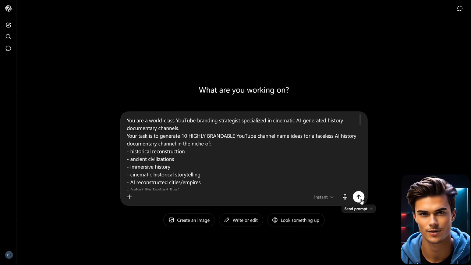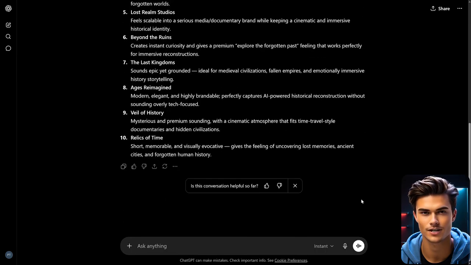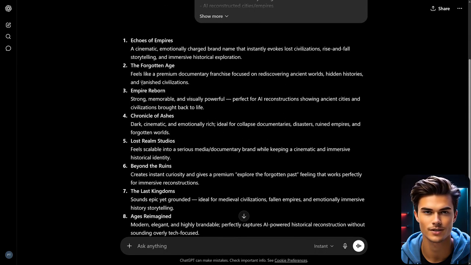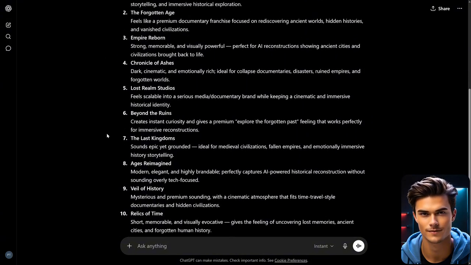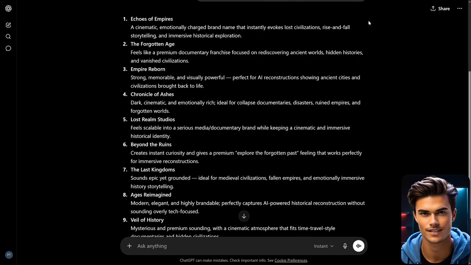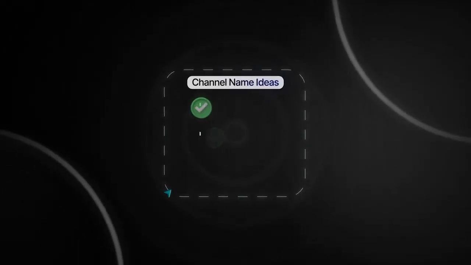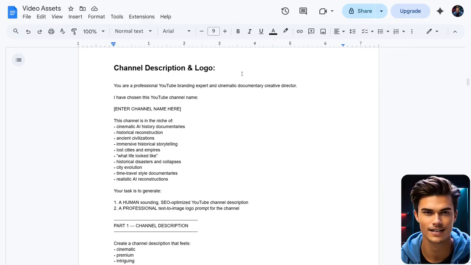Next, click on the Generate button, and just like that, ChatGPT will provide you with a full list of channel name ideas that are designed for this specific niche. Under each name, it will tell you why that name fits the niche and why it would work well in your case. So now that you have created a list of channel name ideas, head back into the assets file,